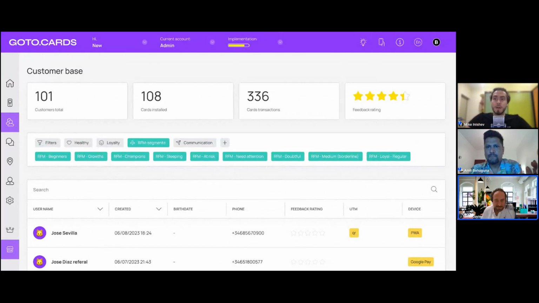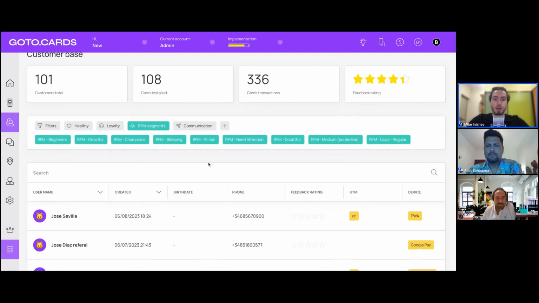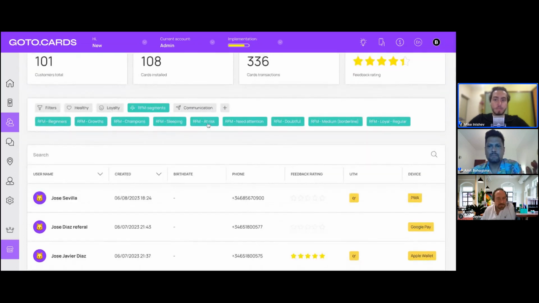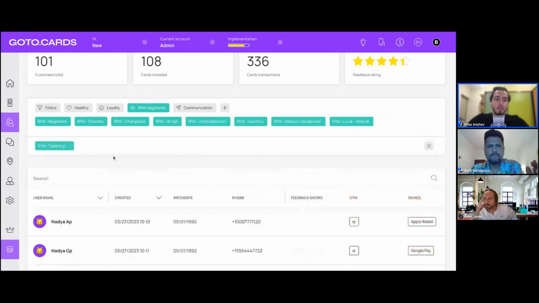Does that make sense? It absolutely makes a lot of sense, and thank you so much for this question. You do not need to think about how long you need to wait to reactivate your customers, because we do all these things automatically in our backend. You just need to segment your customer base and check all customers sleeping and at risk. You can learn our approach to how we segment the customer base in our knowledge base here. Please push the informational icon button and find the right article about this. But what you can do is take all sleeping customers,